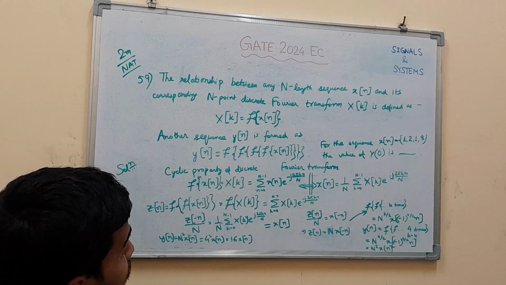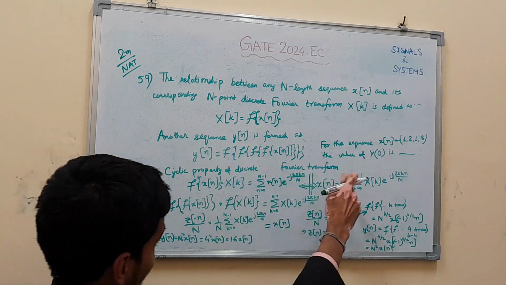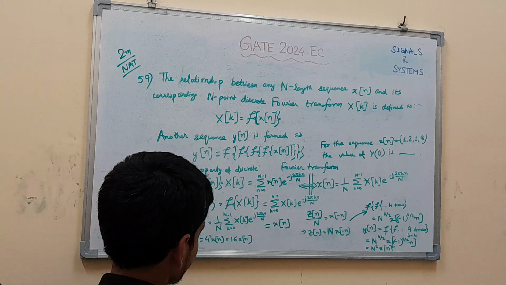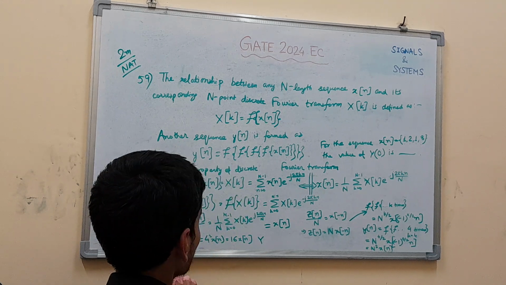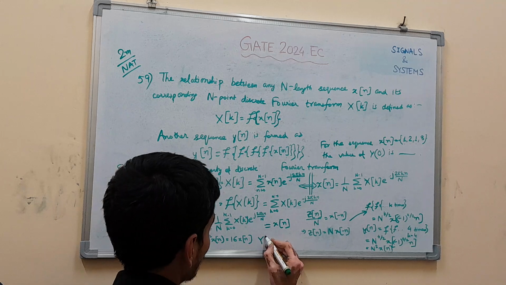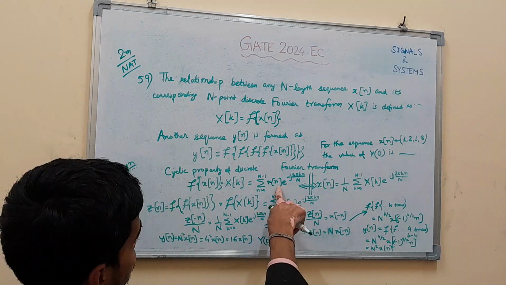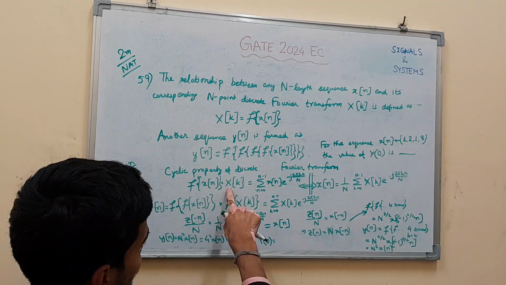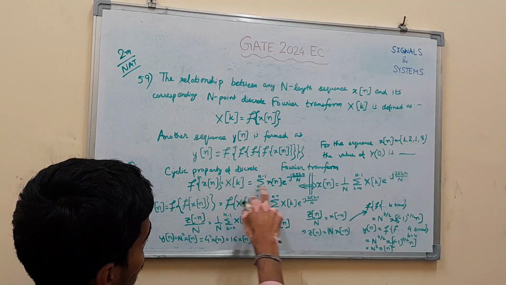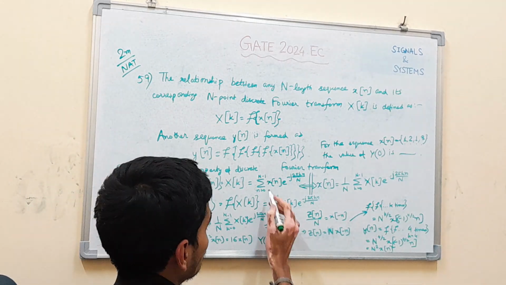Now finally what we need to do, finally we need to calculate capital Y of 0, which is nothing but the Fourier transform of y of n at k equal to 0. Putting k equal to 0 in this expression, let's say this is y and this is capital Y, we put k equal to 0, then all the exponential terms vanish, exponential terms 0 हो जाता है।